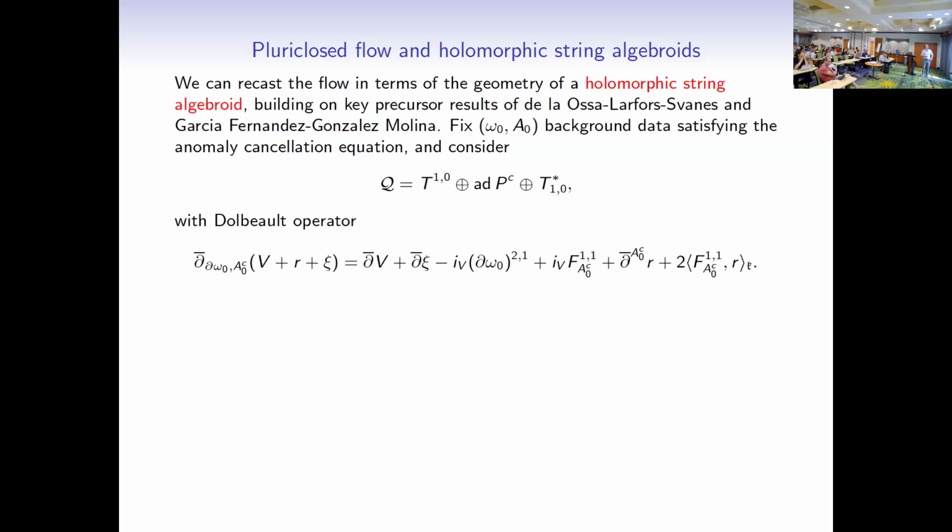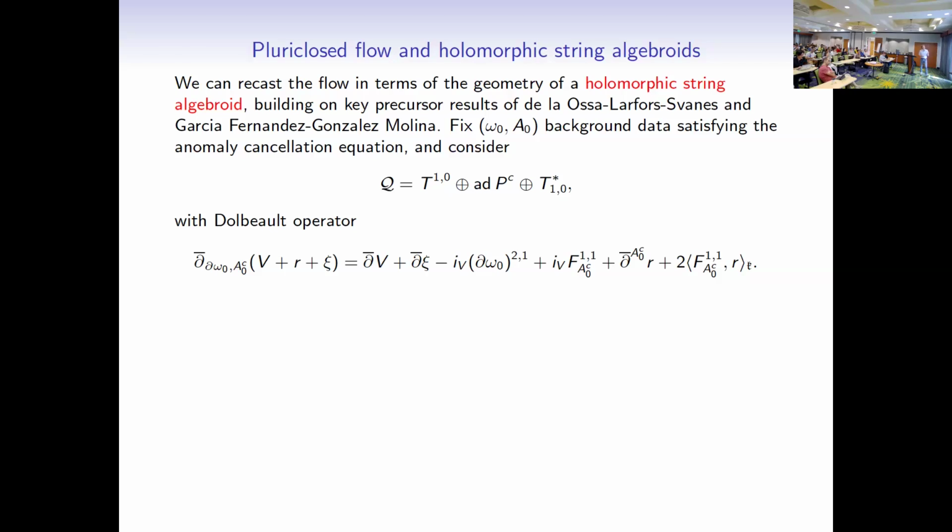It's probably somewhat blinding. So this is some d-bar operator, which depends on the metric data, right? The d-bar operator depends on the initial choice of Hermitian metric on the base and connection A. And it looks like a somewhat jumbled mess, but it's incorporating the d-bar operators on these separate bundles. And then you can see some of these extra